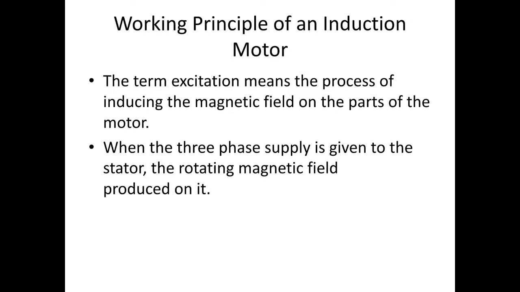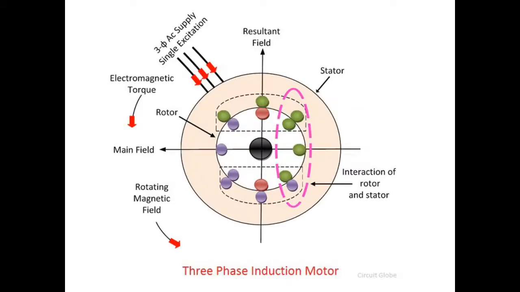In a transformer, you give an input to the primary winding, and the power is transferred to the secondary winding through electromagnetic induction. The same here: there will be stator flux and rotor flux, just as there is primary flux and secondary flux. That is the main difference. This is the typical diagram of a three-phase induction motor, stator as well as rotor. When the three-phase supply is given, electromagnetic induction is produced and because of that a torque is induced. The main flux direction, rotor direction, and stator direction are all given in this manner.